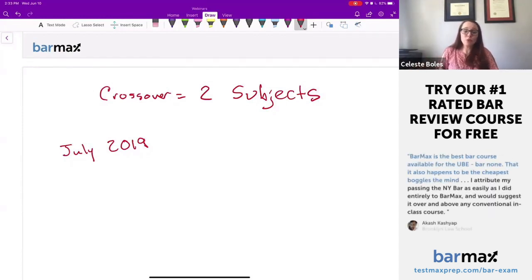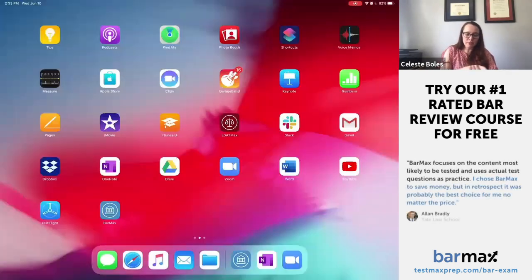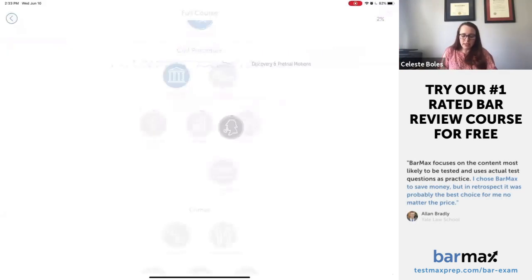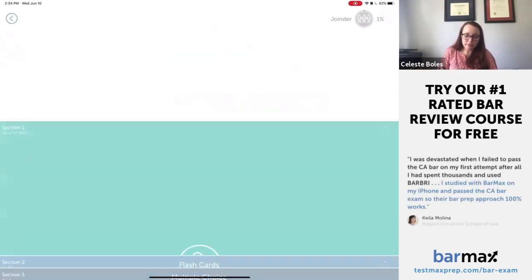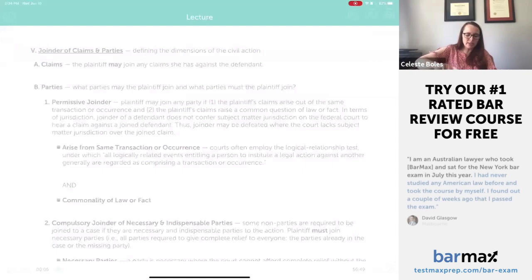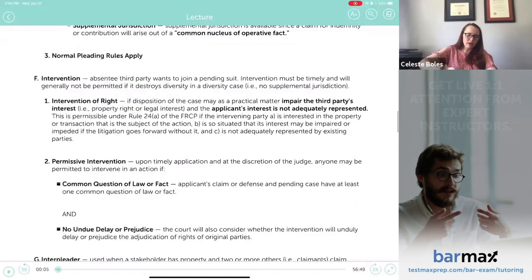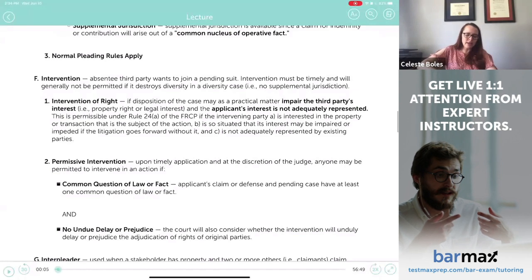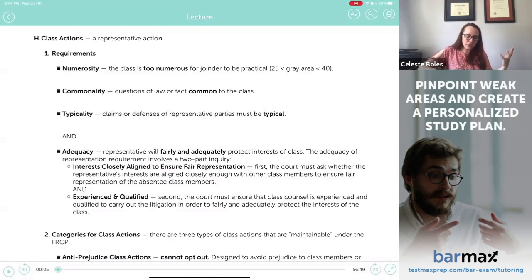What threw people off was that the question was about a class action lawsuit. Class actions are covered over here. I might as well open it because we're going back to it in BarMax Civil Procedure Lecture 5. Joinder. Okay. And this is all about joinder of parties and claims, the way that different people can be brought into a lawsuit, the way that different people can barge into a lawsuit if they want to be there. And then Section 5H, the requirements of class actions,